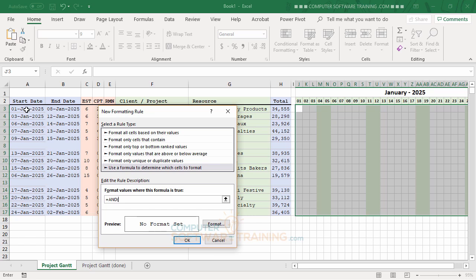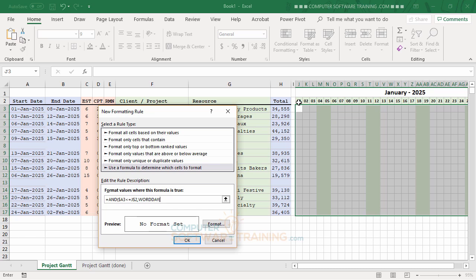We're going to go with A3, F4, F4 to get it on the absolute on the column A, but not the row coordinate there. And then we'll put in there less than or equal to, and then we'll click on to J2. And on J2, we'll hit the F4 key one time, just once, to get the dollar or the absolute on the row, but not the column, see? Do a comma, and then we're going to type in workday, and this is what's going to give us the expanse of the bar. So workday,